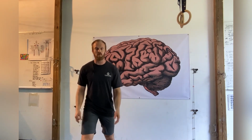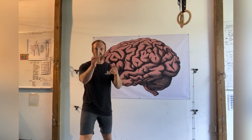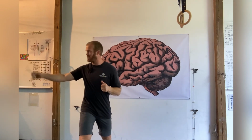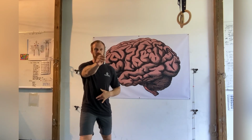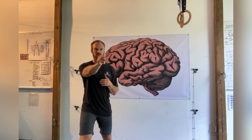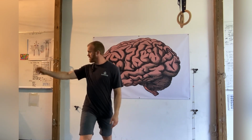I'm going to go ahead and step forward with my right foot to load it a little bit more. You could load your left foot. You could do that in a different way. But for this example, I'm just going to quickly go through one and pick an option for you. So as I move my target now, I also want to move my head and eyes in sync with that target and make sure that I can see the target clearly the whole time. So I might do a few repetitions,